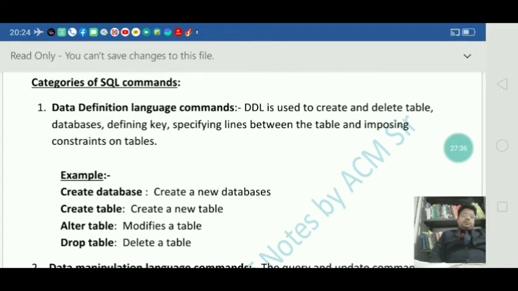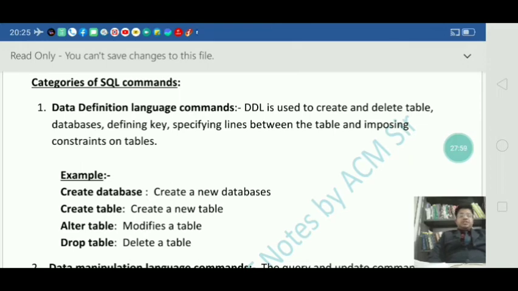The next thing we have to discuss is categories of SQL commands. What are the different types of SQL commands? Basically we have four types. First one is data definition language commands.